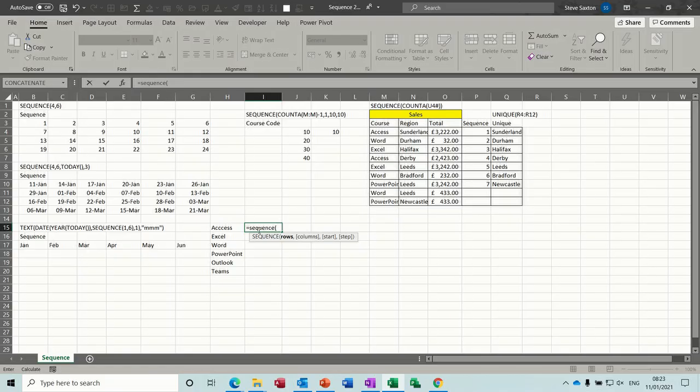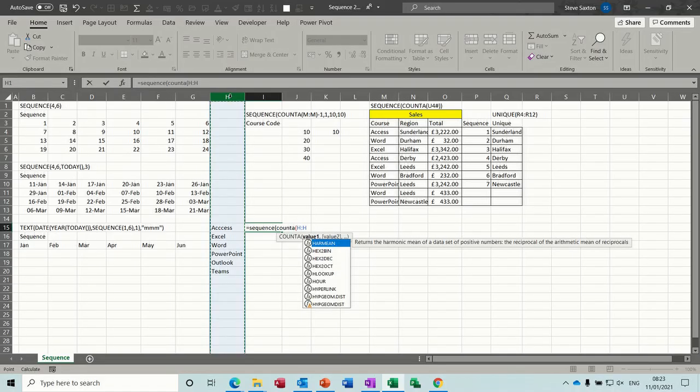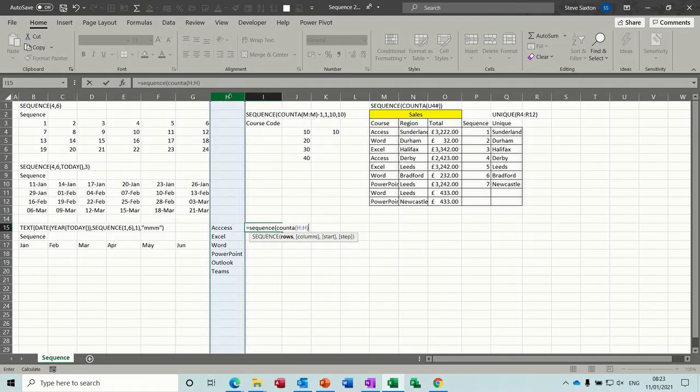open bracket. So the rows are going to be COUNTA, open the bracket, and this time it's going to be column H, so I'll just click on the H, and then I'm going to close the bracket and comma 1, and then I want to start at 10, comma, and a step of 10, comma, and then